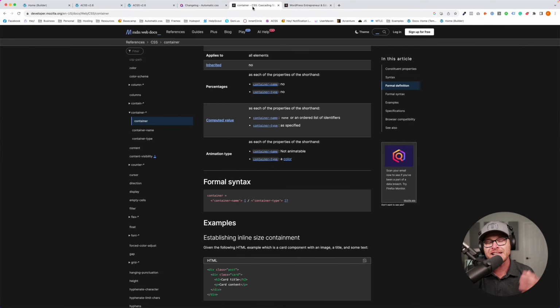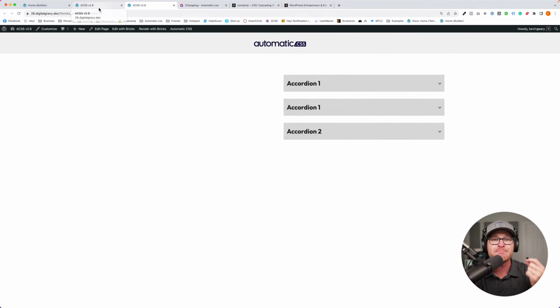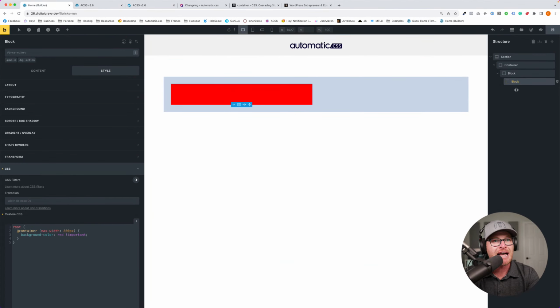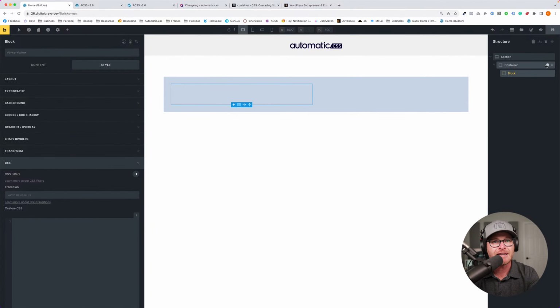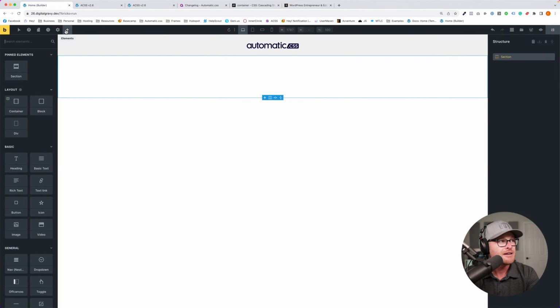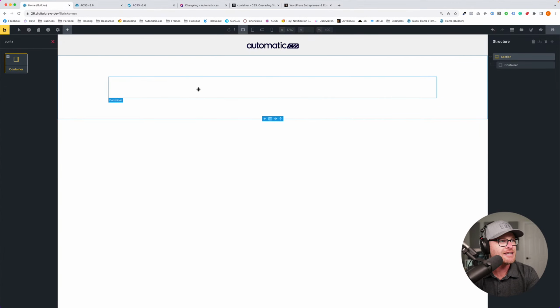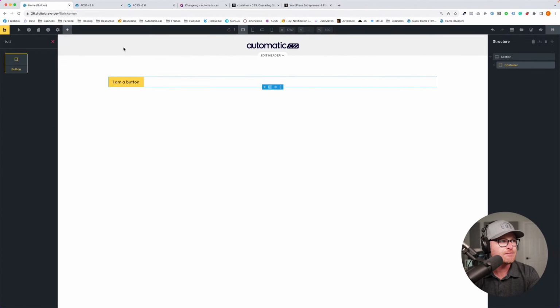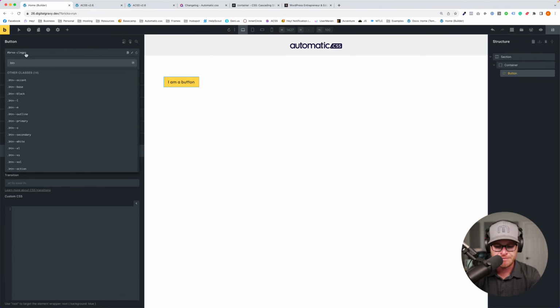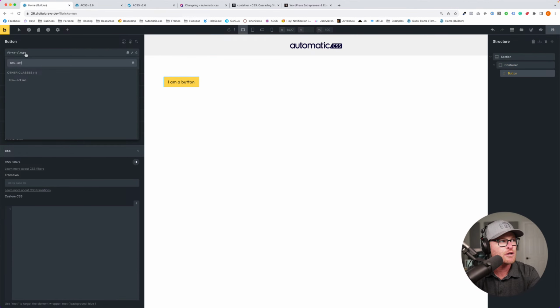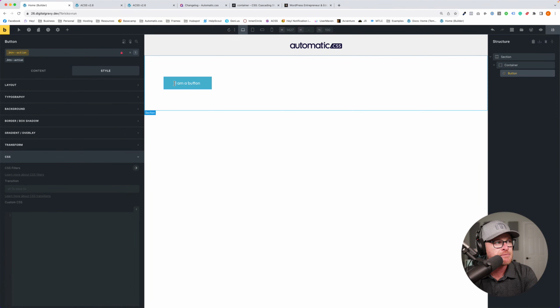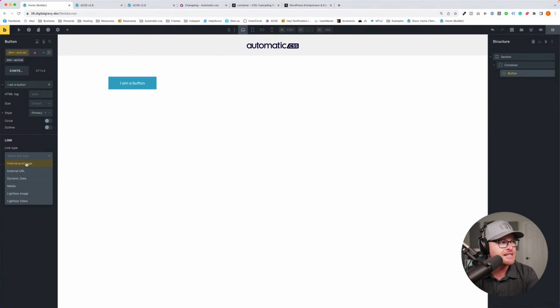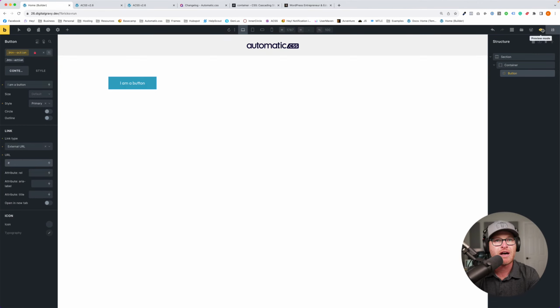So you see that when you have an action button, and this is especially important when you're using the box shadow style. This will be the last thing we look at, I guess. I keep saying that, but I do have work to do actually. Let's add a container and let's add a button. So I am using box shadow focus style. When I go button action, also something to note when you are testing this, you need to actually make this a link. If I go in and go link type, if I don't put a link type or a URL, it's not going to focus on it because it's not actually going to be a link.